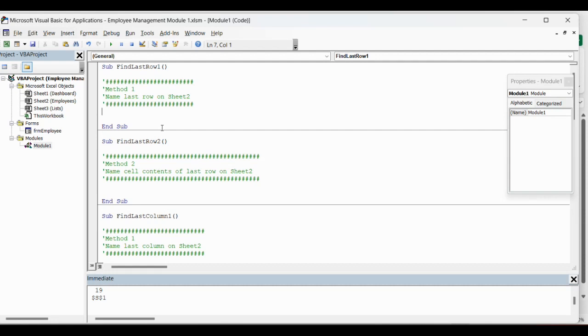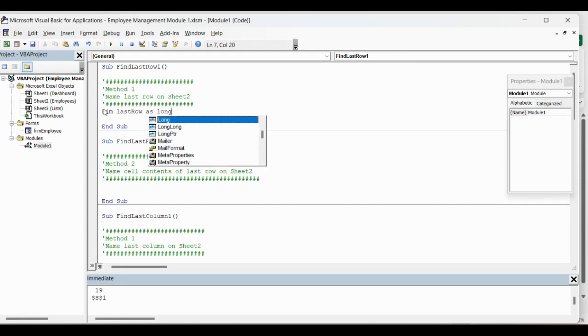Let's look at our code. Now, we're going to do two methods to find the last row of your data. The very first thing is you have to dim your variable. I always like to dim my variables as names that help me remember their purpose. We're looking for the last row, so I'm going to call it last row.